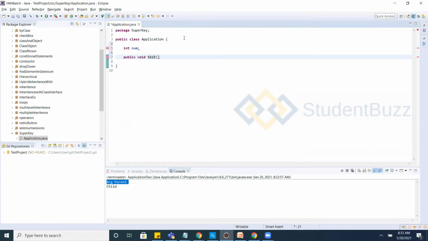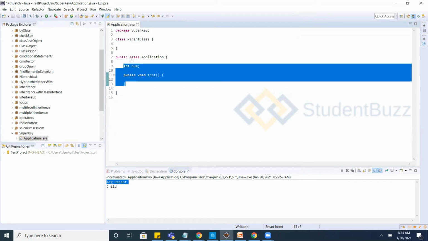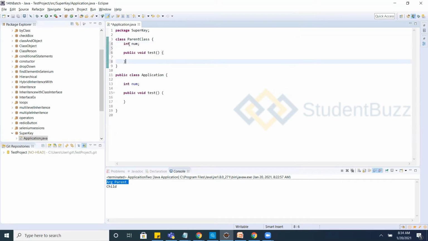A test method. I have another class, and that class name is parent class. The parent class also has the same methods and data variable.